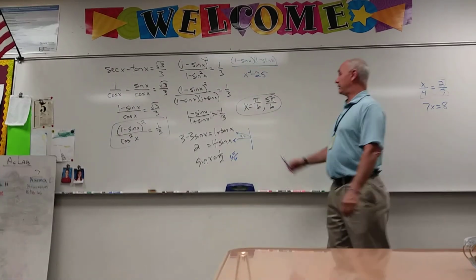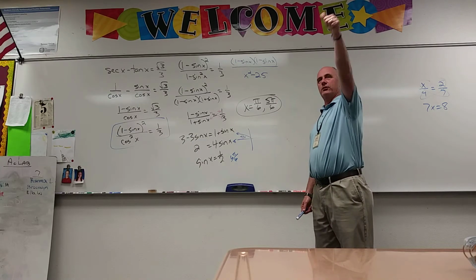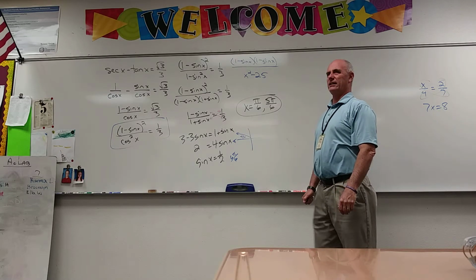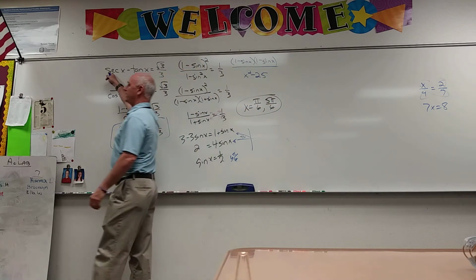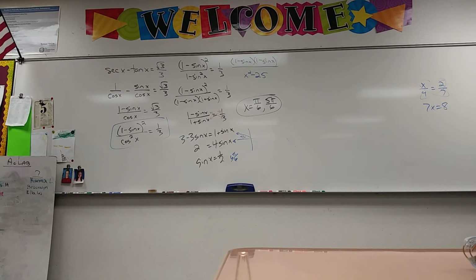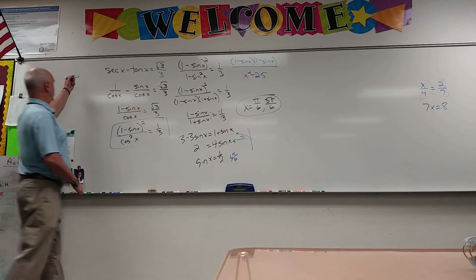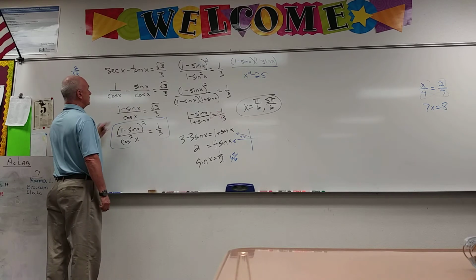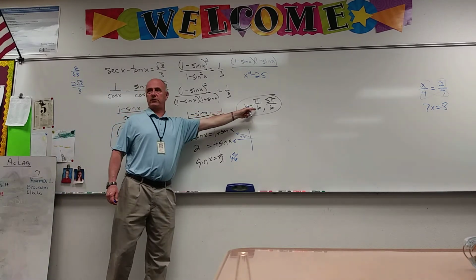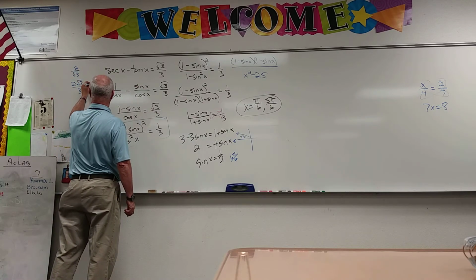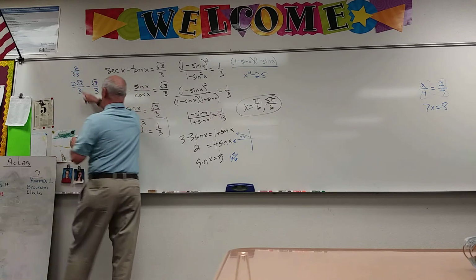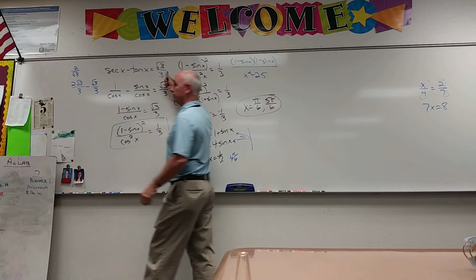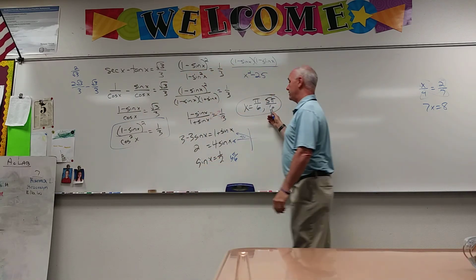And in the interest of time, I'm going to tell you, pi over 6, all good. 5 pi over 6, not so much good. And that's a sign issue. Secant of pi over 6, cosine of pi over 6 is square root of 3 over 2. So secant of it is 2 over square root of 3, which becomes 2 root 3 over 3. Tangent of pi over 6, tangent of 30 degrees is root 3 over 3. So 2 root 3 over 3 minus root 3 over 3 gives us root 3 over 3, which is exactly what we're supposed to get. But when we put in 5 pi over 6,